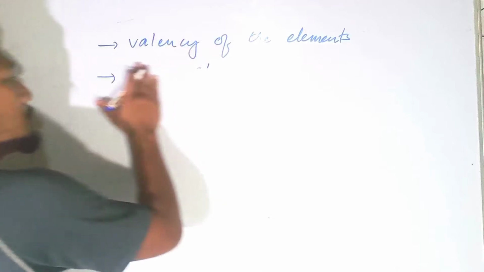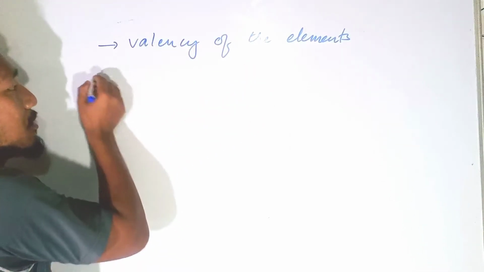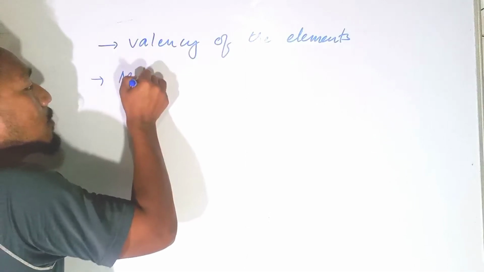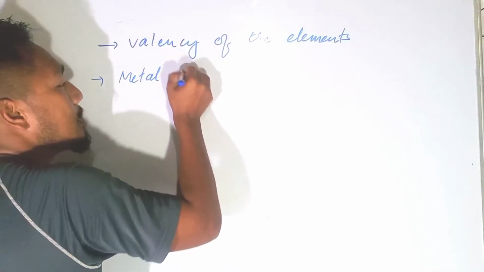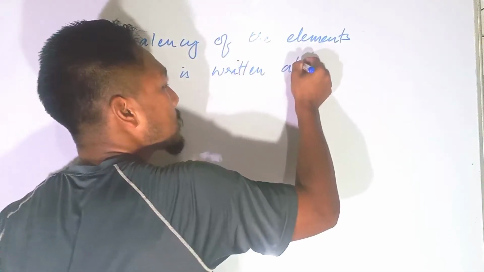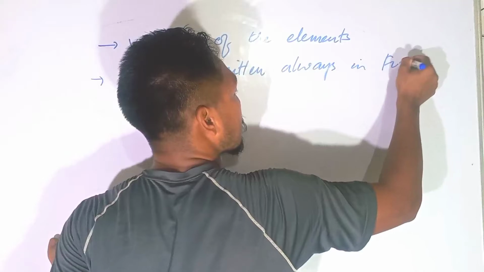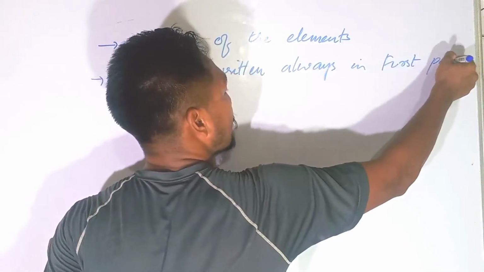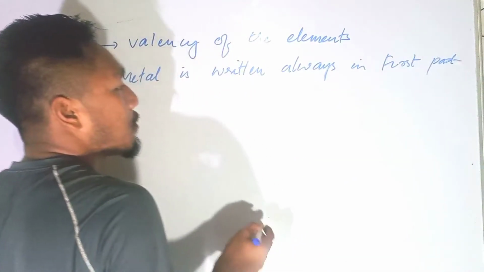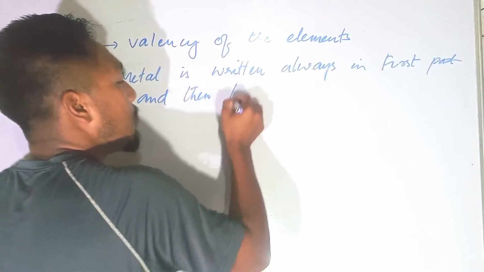To make it clearer, metal is always written first, in the first part of the name, followed by